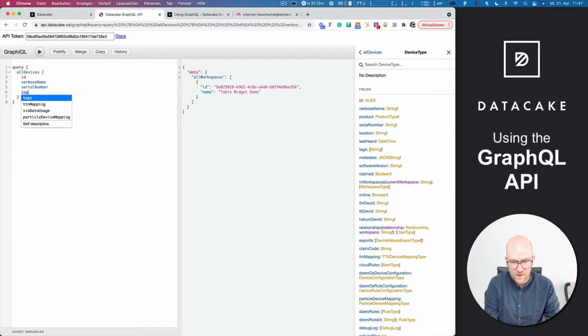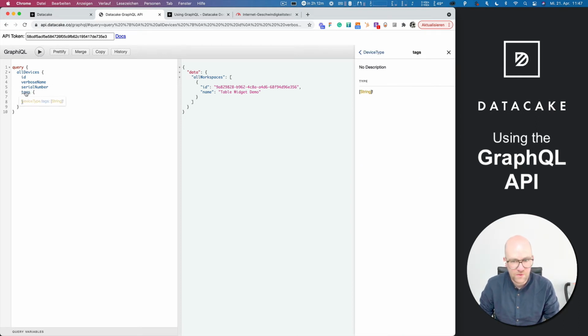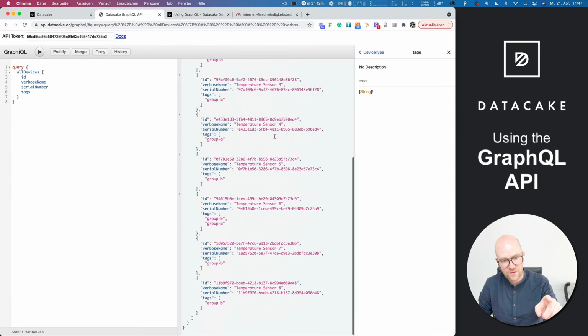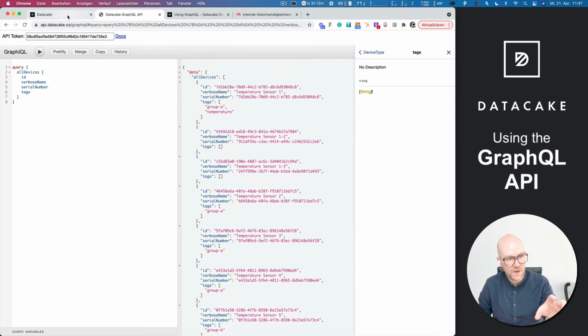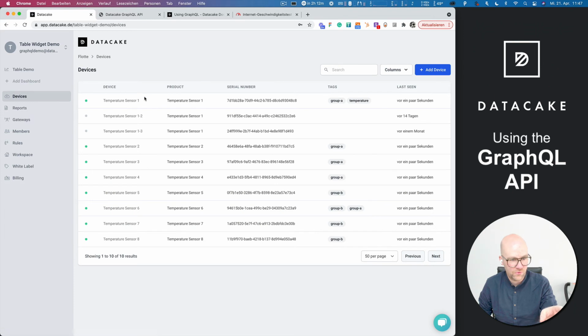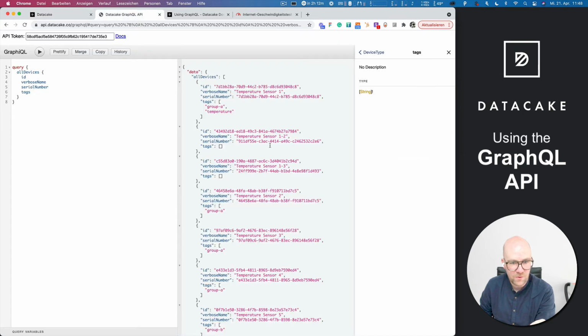I want to have the text, please. And yeah, we can also, I think we need to define the tags. No, we don't need to. Sorry for that. And if I run the query once more, I see all devices here in my workspace, which are those temperature sensors here, and also the tags and the serial number and the verbose name directly into that